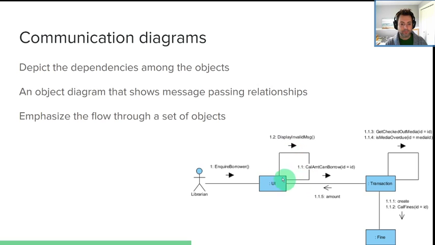Well, if we have an invalid borrower, display that message, or check how many books they can borrow. Then, or sorry, this is part of this loop. This is laid out badly. If we don't know this person, go into this feedback loop here. If we know the person, how many books can they borrow? Okay, well, do they have any books checked out? Is there anything overdue? If there's something overdue, create a fine, return the fine amount to the UI, and then that's going to be no, return to the librarian saying, hey, you have a fine you have to pay before you can borrow any more books.